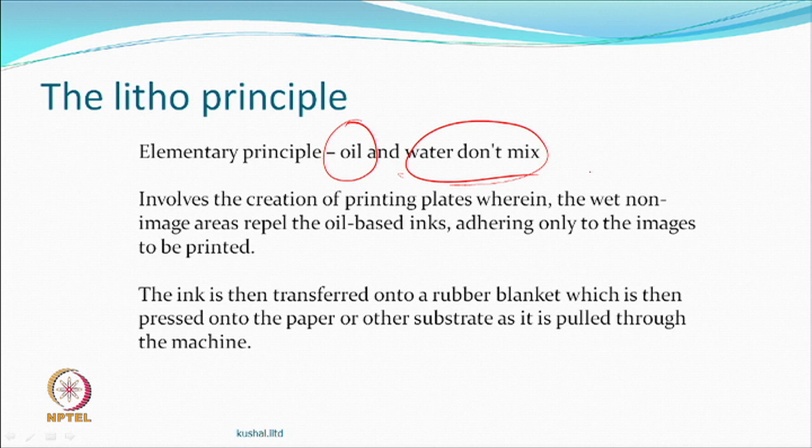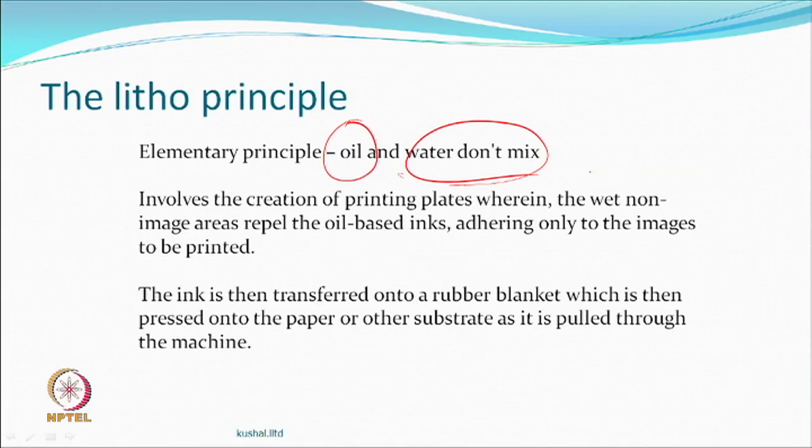So, 2-3 steps. One, obviously you are going to be making a plate which will be on the printing plate roller, but the plate is first made with a design using polymer systems from hydrophobic material, and oil based inks will go only to this, although the transfer roller has ink everywhere.